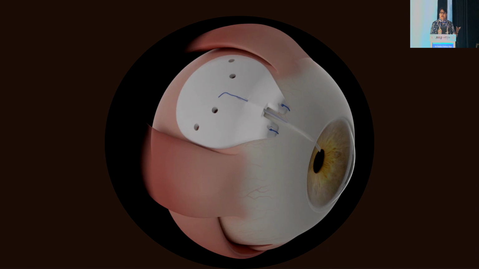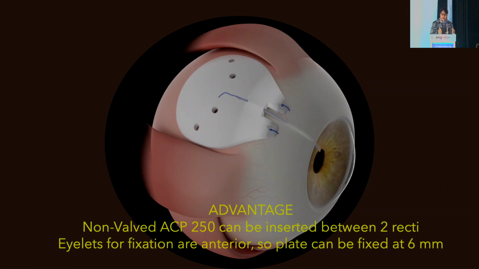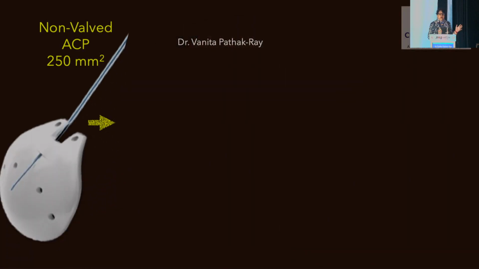It's non-valved, so you do tend to get lower IOP. And the second is, it can be inserted between two recti. You don't have to dissect out the muscles. And the eyelets for fixation are rather anterior, so 6 millimeters is good enough. You don't have to go 10 millimeters. So let's have a look at what other advantage you have with